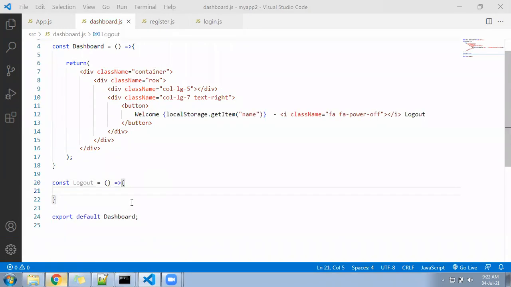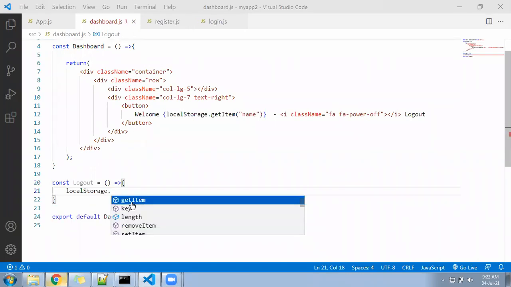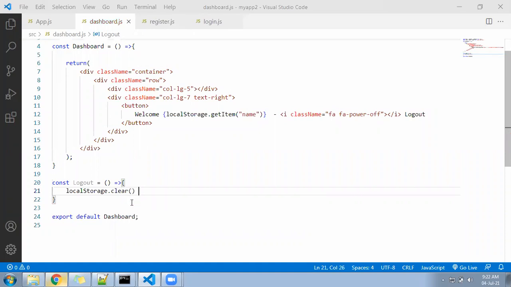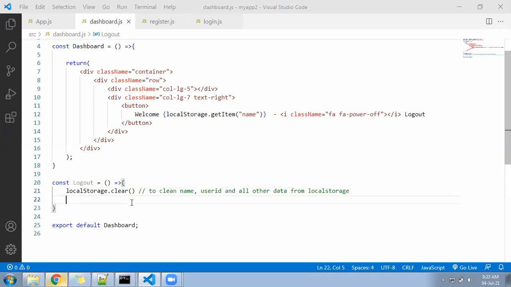Inside, localStorage.clear. What is that? To clean all the data from local storage: name, user ID, and all other data. And after that, window.location.reload.